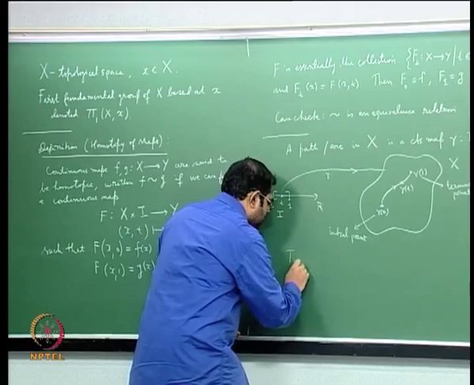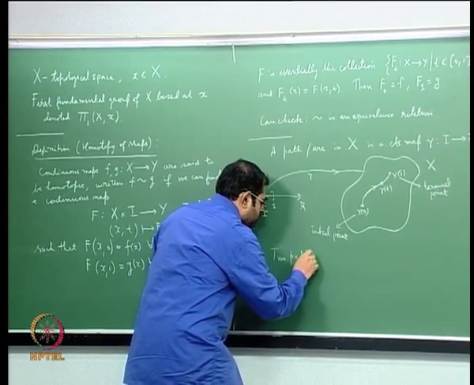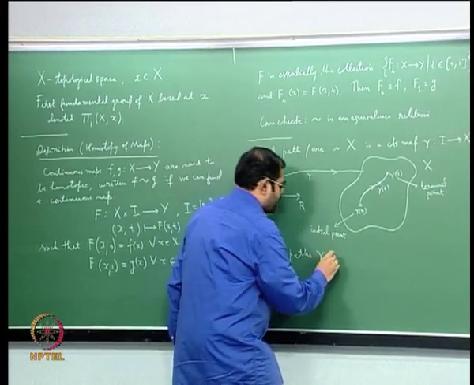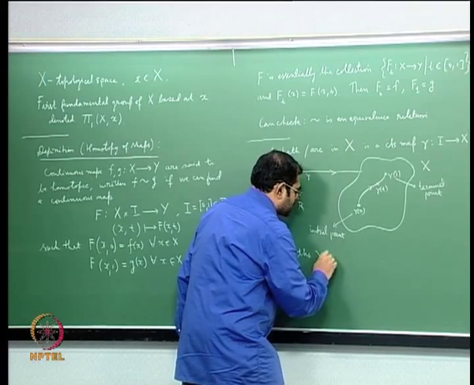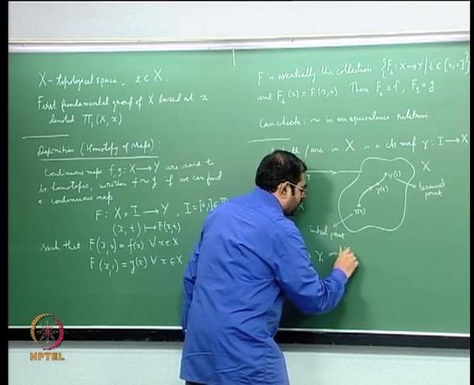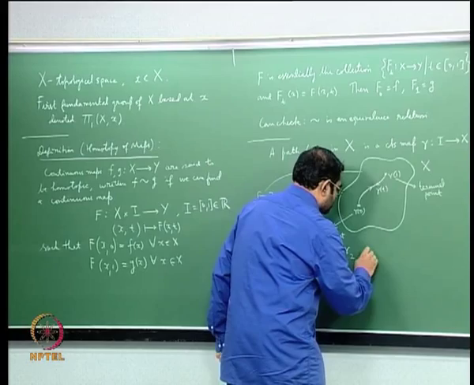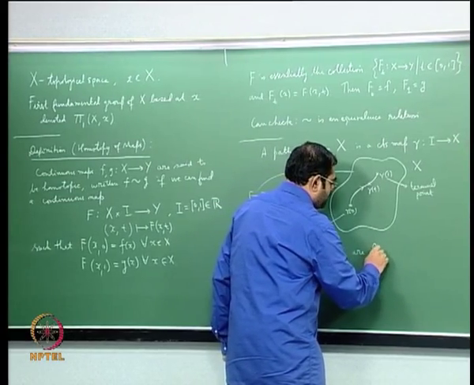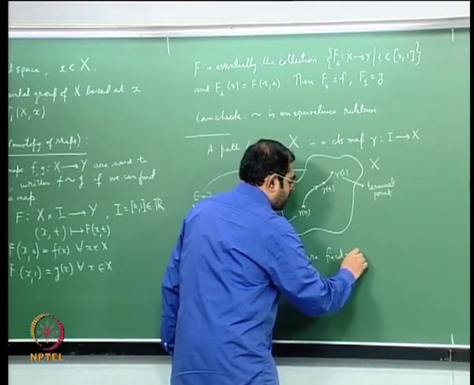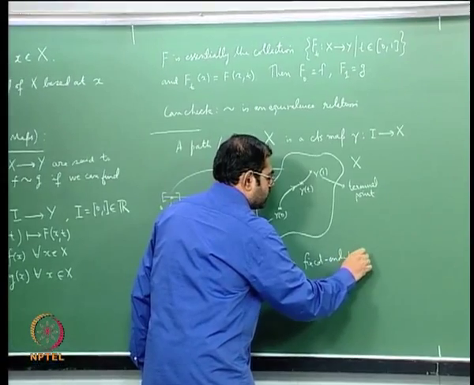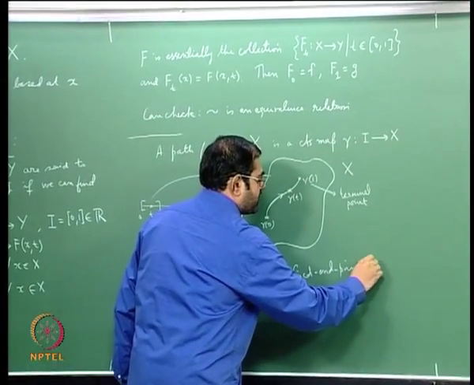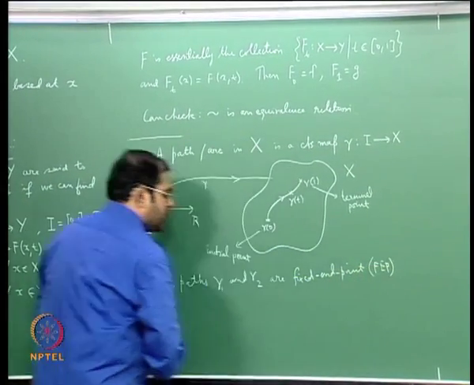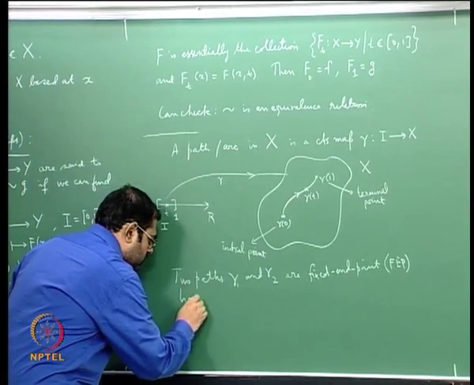Two paths, let me call them gamma 1 and gamma 2, are fixed endpoint, for short FEP, homotopic